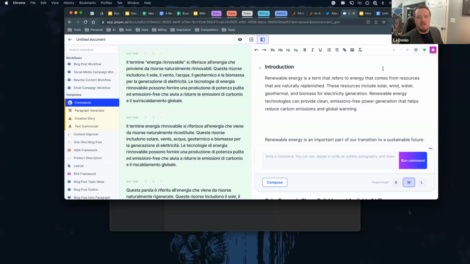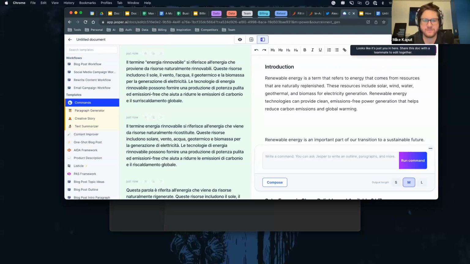Yep. So two separate but related questions around collaboration. One, can you use Jasper at the same time to collaborate on the same writing or document? You can. I wish I could show that. It goes hand in hand with our doc sharing feature we're about to release. It's actually very similar to Google Docs. You'll see that person show up, their name, and then you actually see their cursor and they can edit a document with you. I've actually used that before with my team just to write something up together.